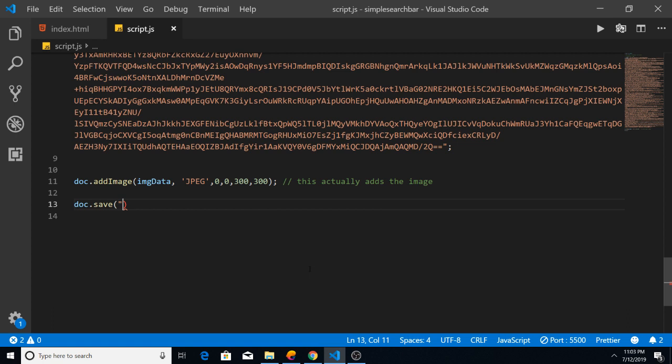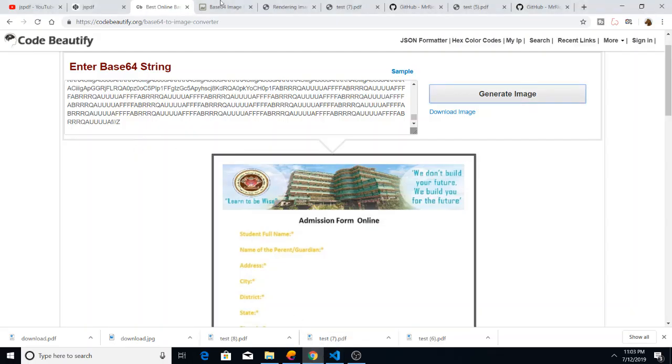Let's suppose I pass here file.pdf. You can pass any name of your choice. This will actually trigger the PDF download once the page reloads. If I save this once again and refresh this page,